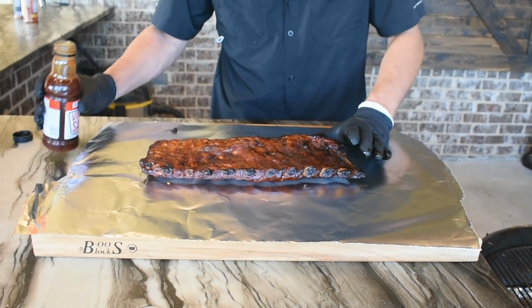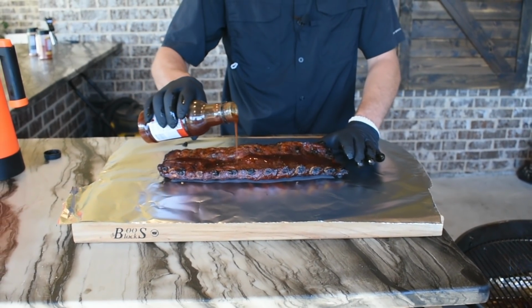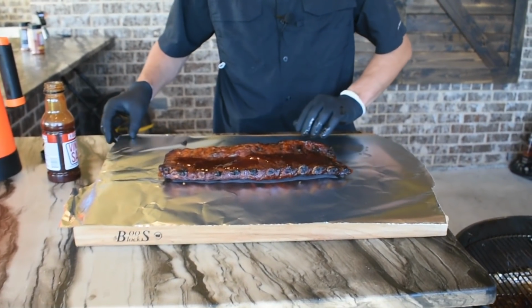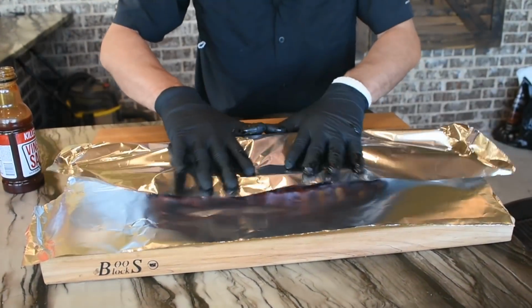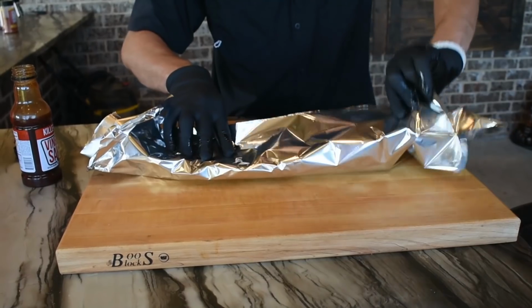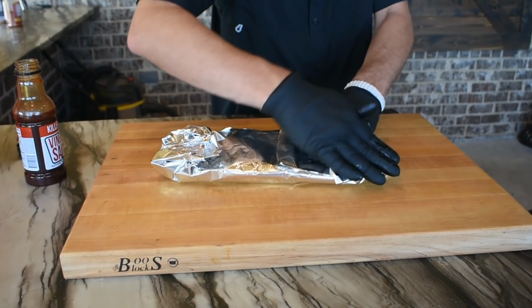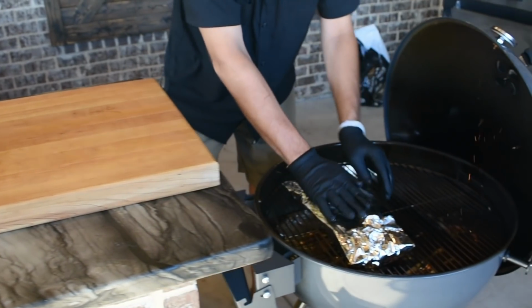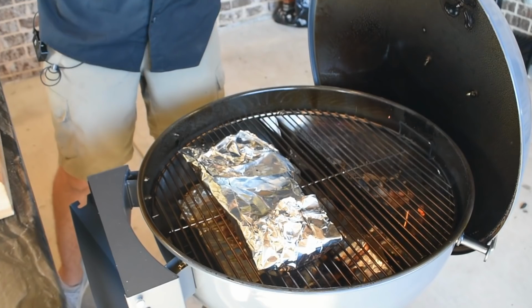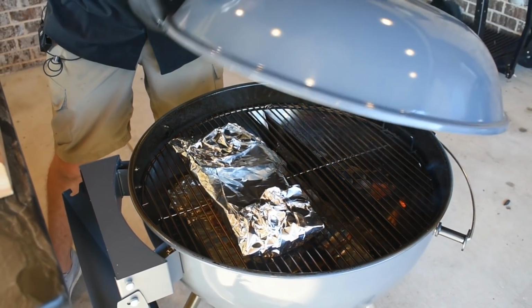So all we're gonna do, place them face side, meat side down. Hit them with a little vinegar sauce. Got some heavy duty foil. Get them wrapped up and right back on the pit. Let them go for about 45 minutes. They should be done by then, and it'll be time to get them out, get a spicy glaze on them,